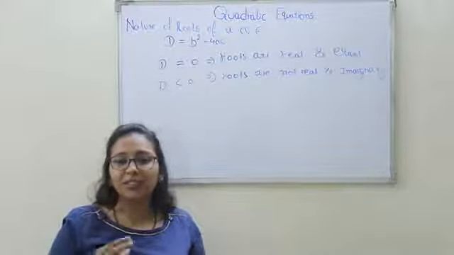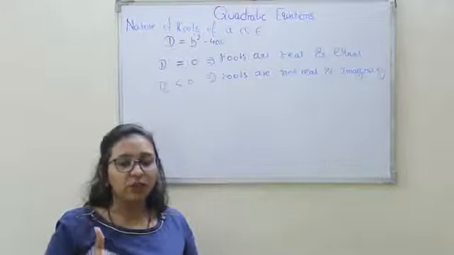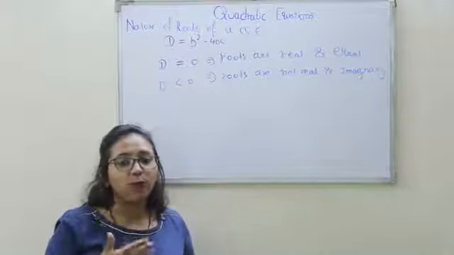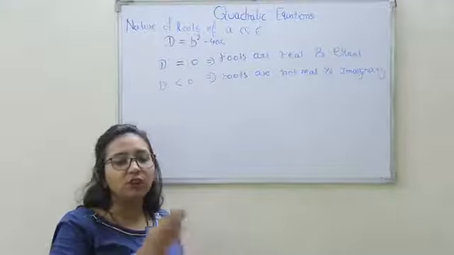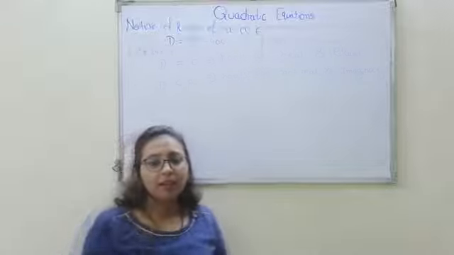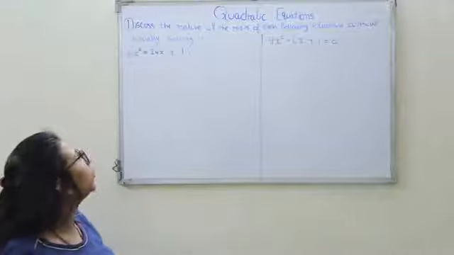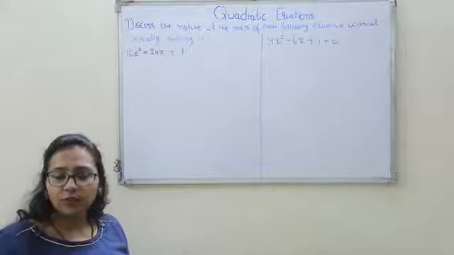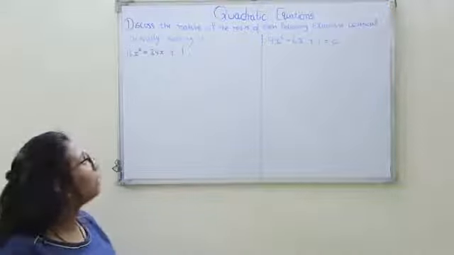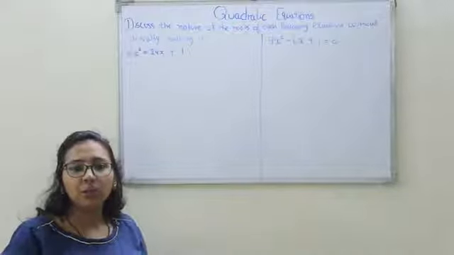Correct? So here are the three situations to identify the nature of the roots of the quadratic equation. The first is if the value of d is positive, if the value of the discriminant is any positive number, if the value of d is exactly 0, and if the value of d is less than 0. All three situations you have to learn. Here the question says, discuss the nature of the roots of each of the following equations without actually solving it. Even though it is not specified, you will not actually solve, you will only find the value of b square minus 4ac as I told before, right?